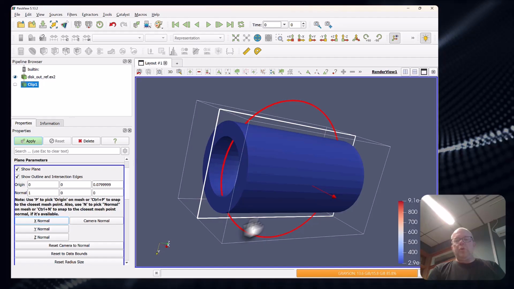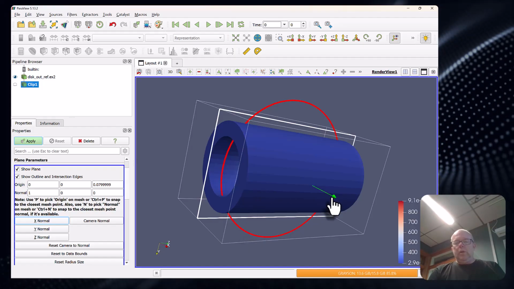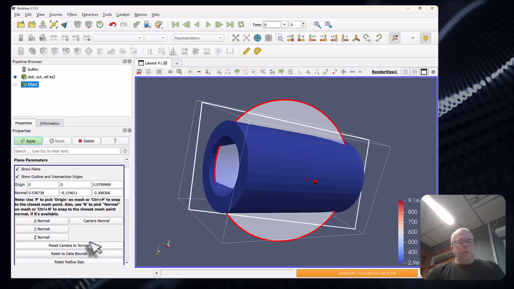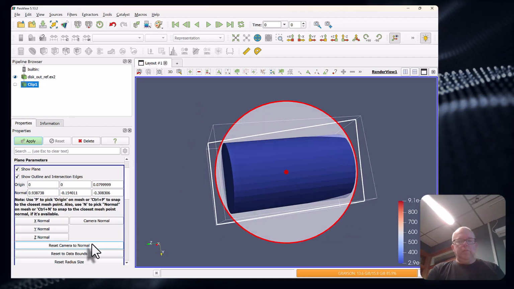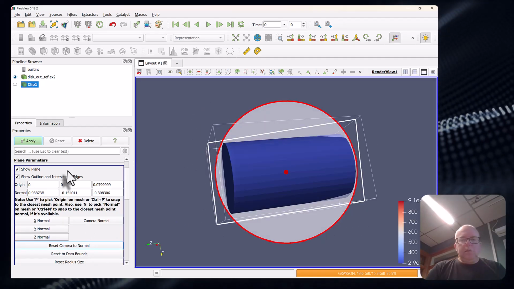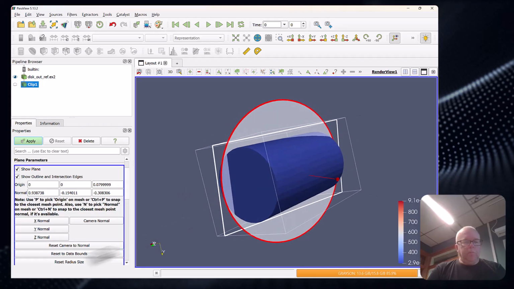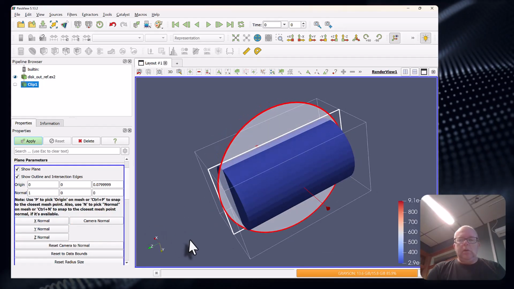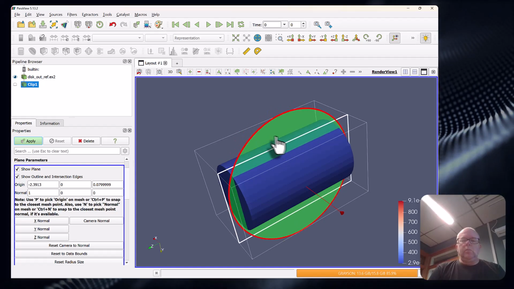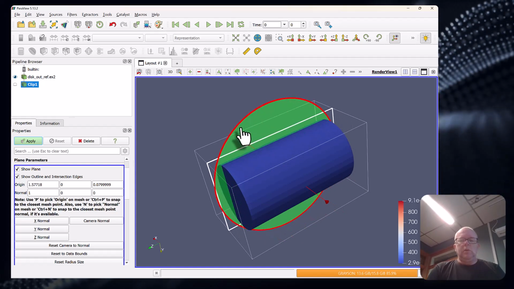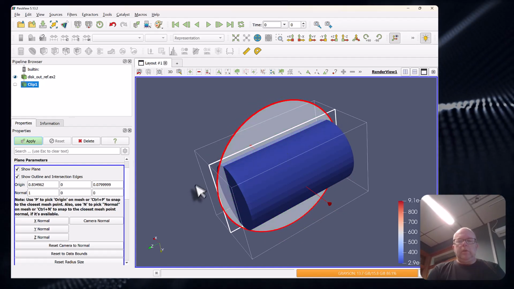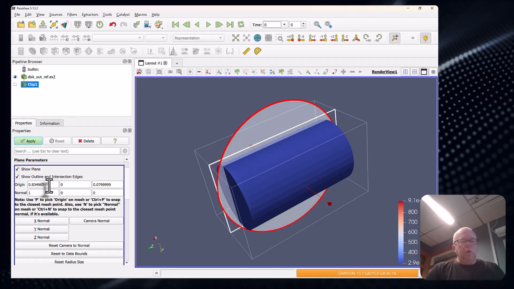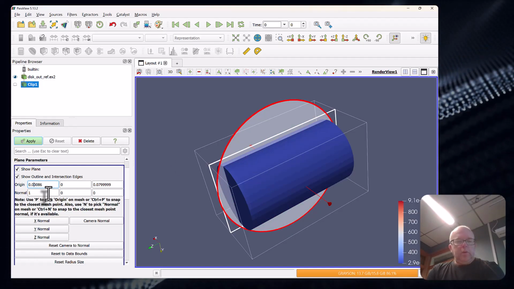You can also rotate it manually here. That was not what I wanted. You can drag it here by selecting it like this. So you can interactively move the plane, but you can also control it by specifying the origin here, 0,